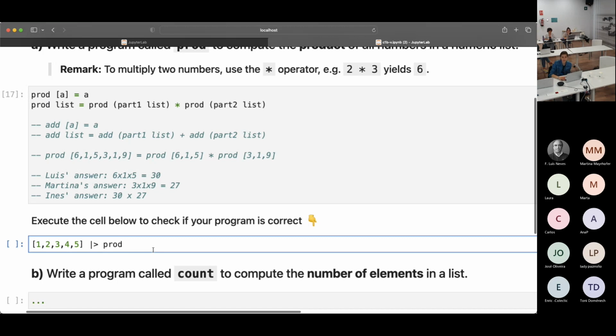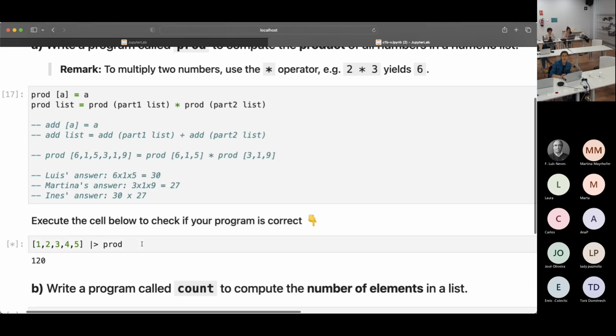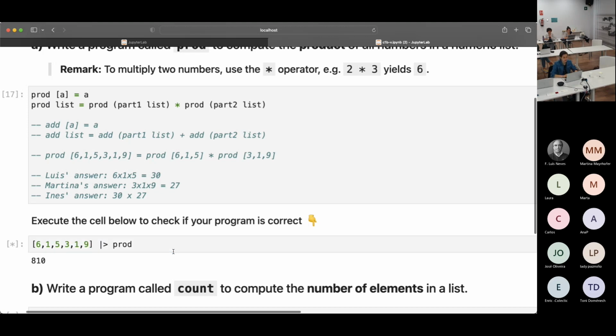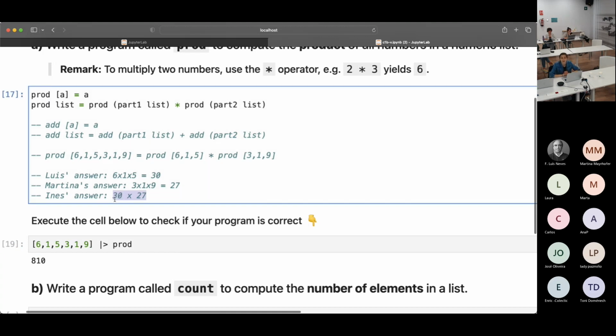And what should be the answer if this is correct? So 2 times 3 is 6, and 4 times 5 is 20. So 6 times 20 is 120. So I guess this is working. And we can test with this other example here. If I had 6, 1, 5, 3, 1, 9, it says it's 180, which is precisely 30 times